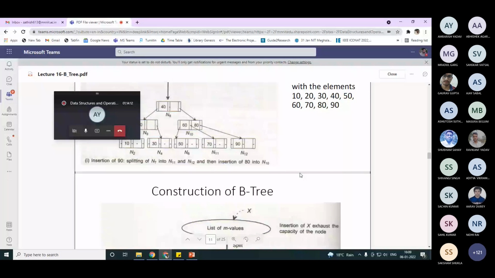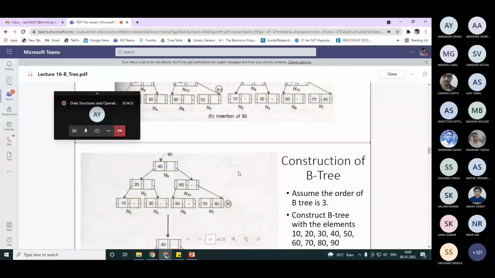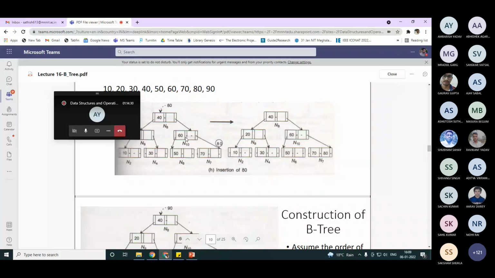For example, I showed that when you are inserting, see this 70 value, you could have inserted it here also. When you are bursting this 70 node, you could make the right node and insert it in N6.